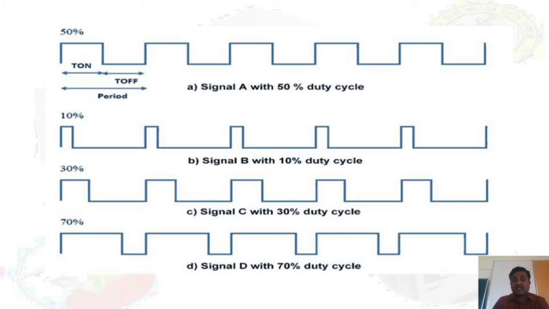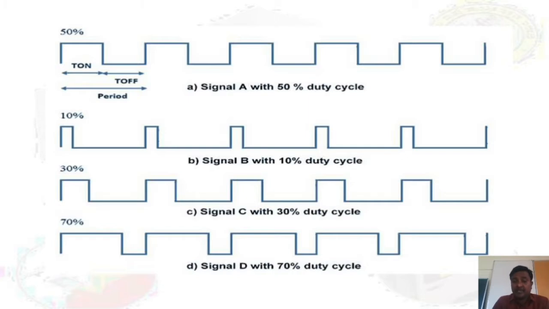So here, as shown in the figure, T on and T off period. Here in the 50% case, T on is the high positive clock cycle, and T off is the negative clock cycle. Both T on and T off together are called one period or one clock cycle. So the 50% duty cycle example shown here has T on at 50% and T off also at 50%.